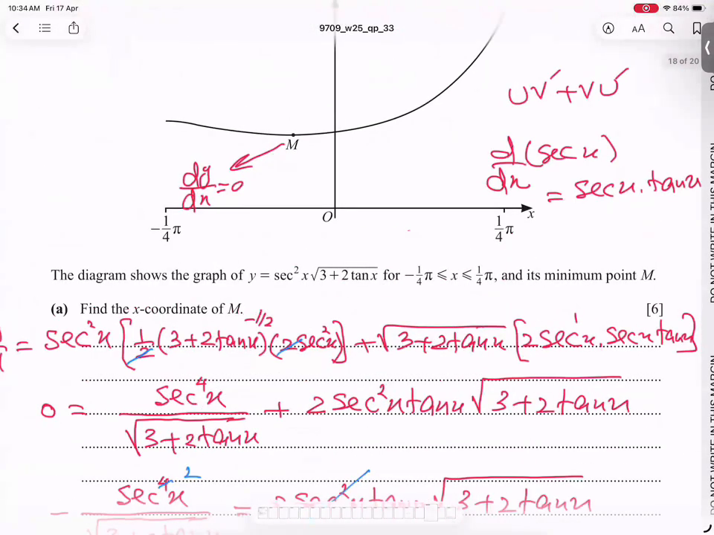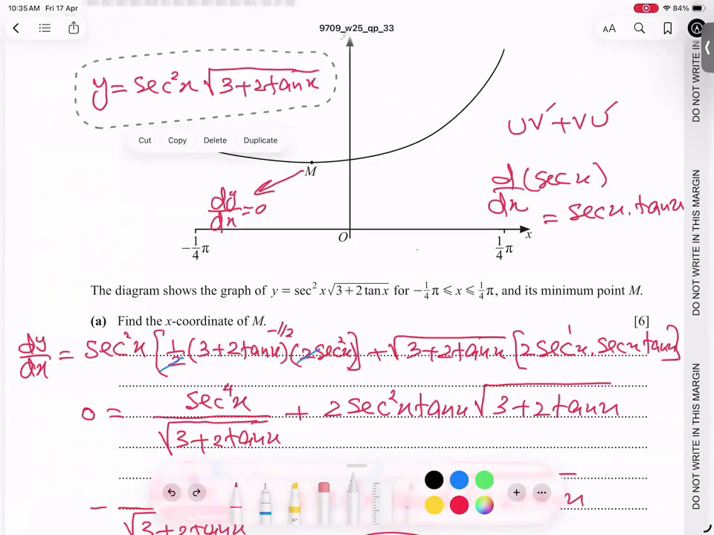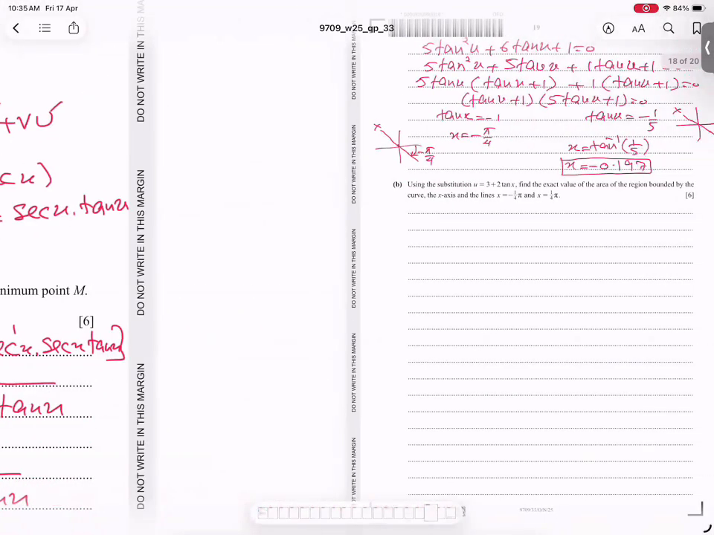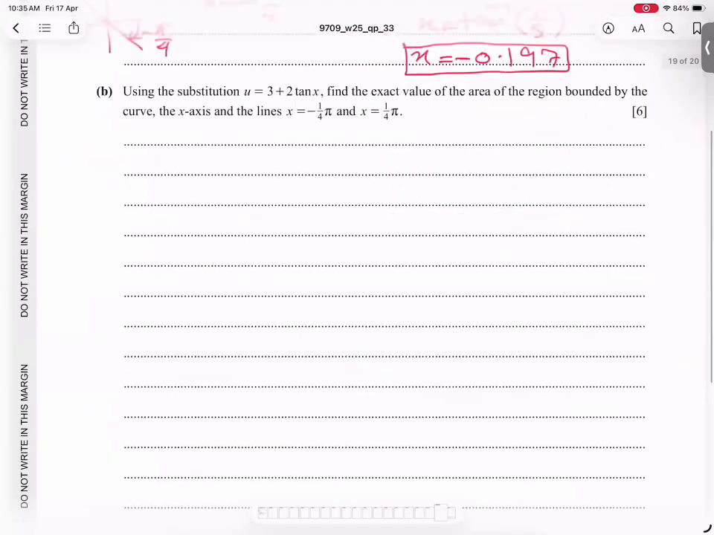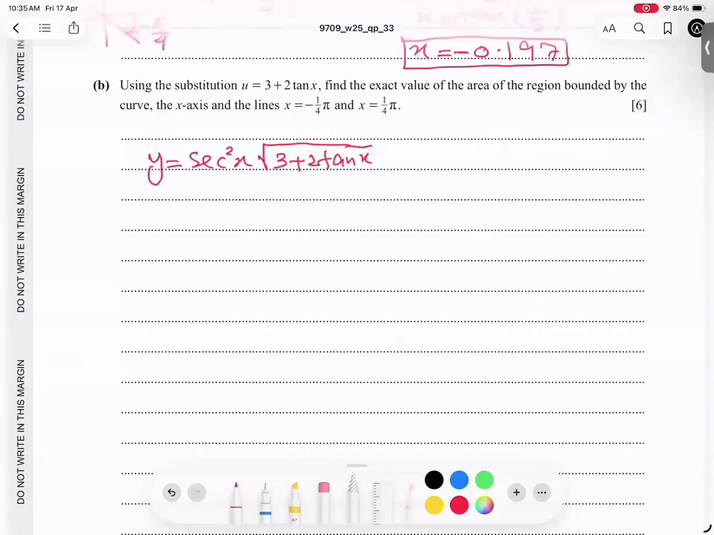Equation is what? y is equal to secant square x into root of 3 plus 2 tan x. This equation I'm taking from here, and then we'll decide what area he is asking for. So the first part is what he is asking. He is asking us to find the exact value of the area bounded between negative pi by 4 to plus